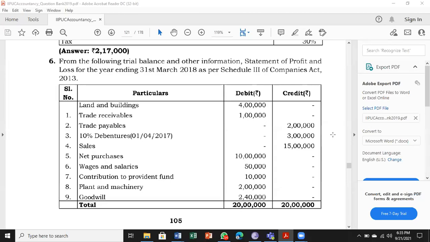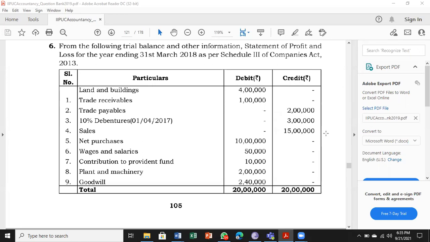Problem number 6, page 105. From the following trial balance and other information, prepare the statement of profit or loss for the year ending 31st March 2018 as per Schedule 3 of the Companies Act of 2013. We have some information here. We have to